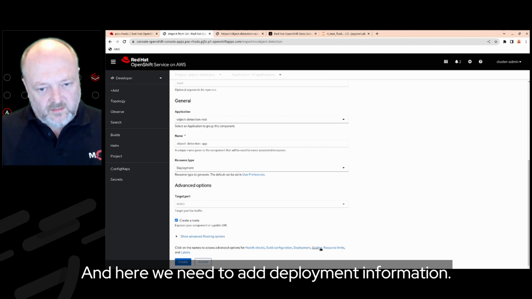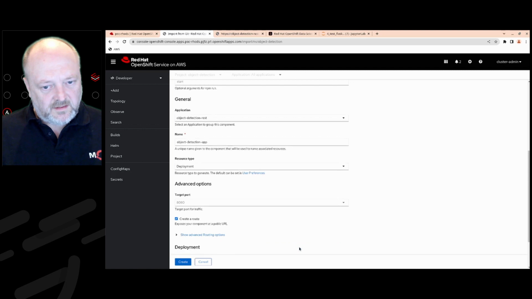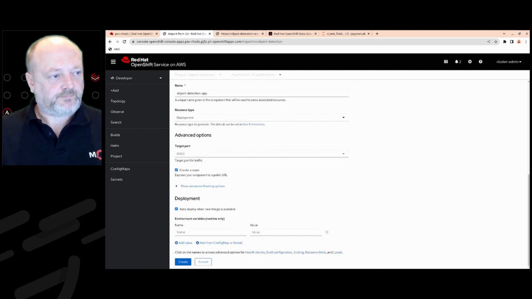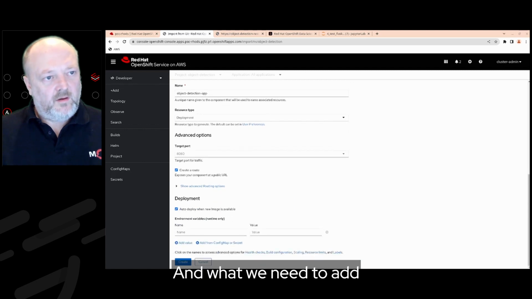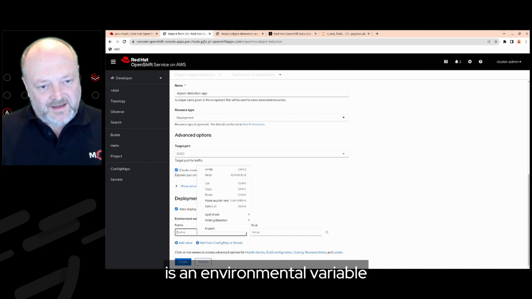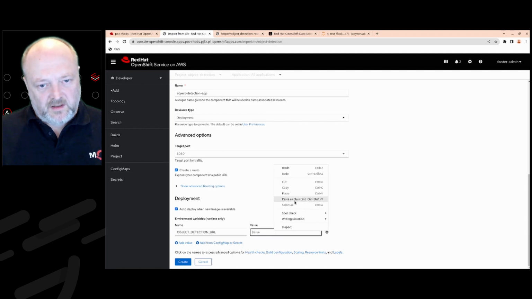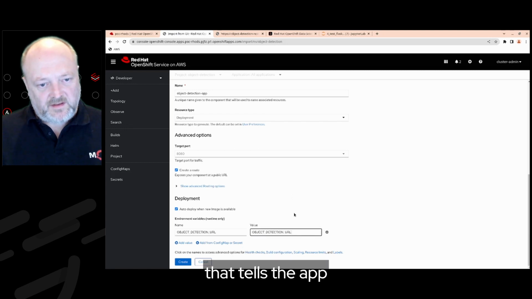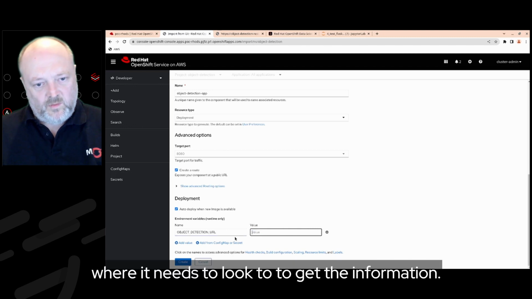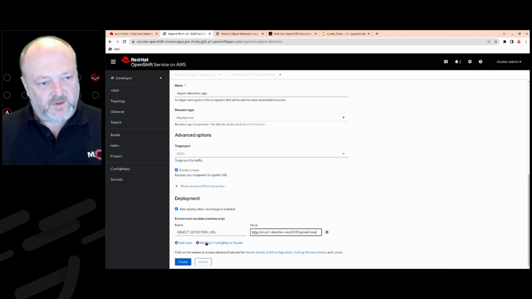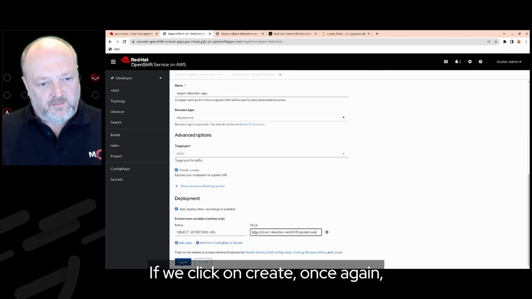And here we need to add deployment information. And what we need to add is an environment variable that tells the app where it needs to look to get the information. If we click on create,